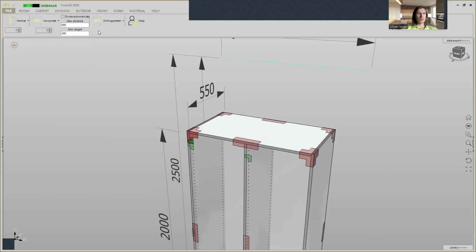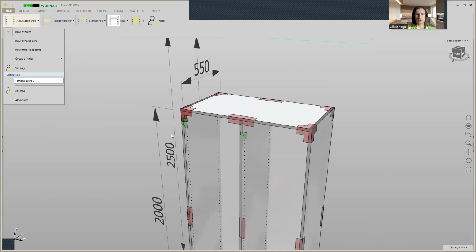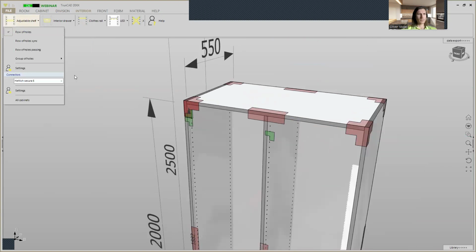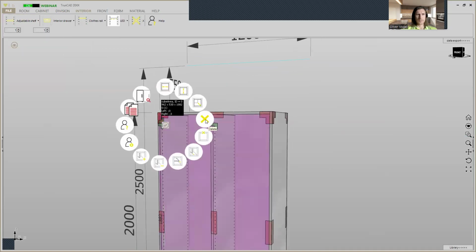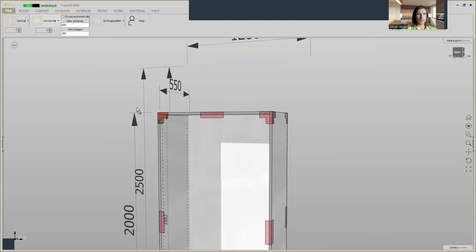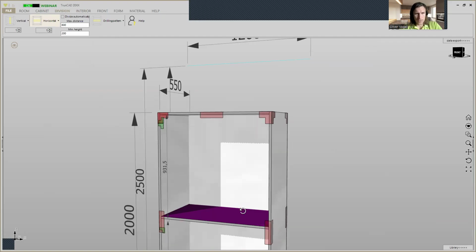And for a step in between, we can go back to the File tab and save it as a standard. And we click here on yeah. And we go now to the Interior tab. And here on the drop-down menu for the adjustable shelves, we can set up our row of holes. Therefore, I delete the middle side, and to explain something, I will add a horizontal here, because